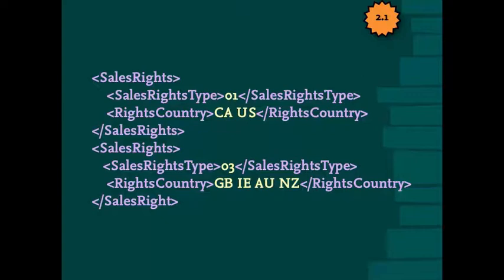ONIX 2.1 opens up an interpretation problem. Do you assume that you can sell it everywhere you can't? Or do you assume you can't sell it except everywhere you can? So different people take different assumptions here. In ONIX 3,